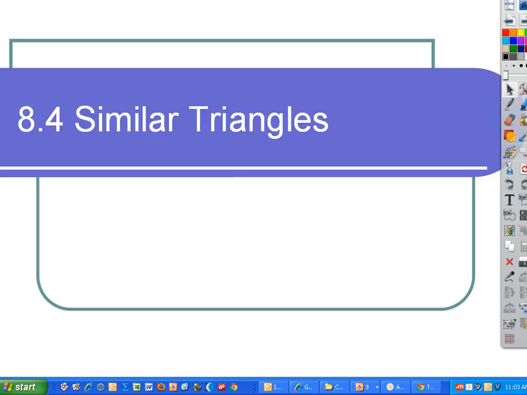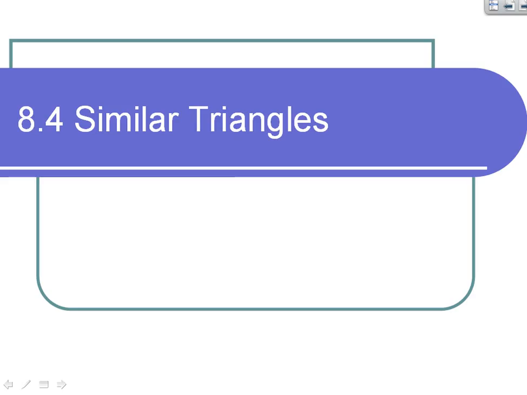Similar triangles. Okay, we're going to look at similar triangles. Now, many of you have already done this, so it's a little anticlimactic, but what we're going to do is take the proportion stuff that we've already talked about, and we've talked about what it means to be similar polygons, right? Didn't we say the other day that if two polygons are similar, then that